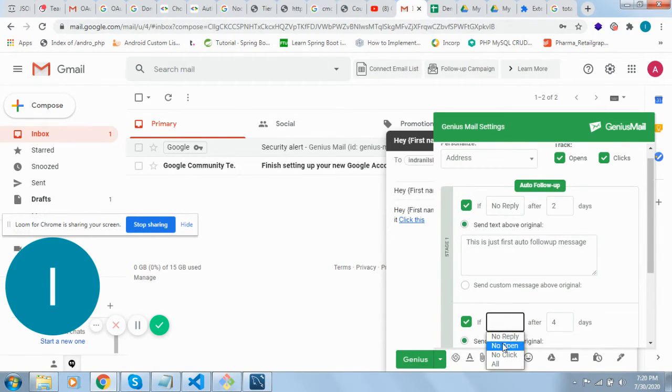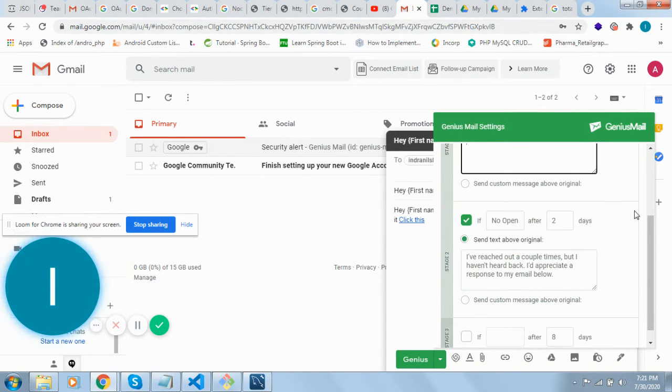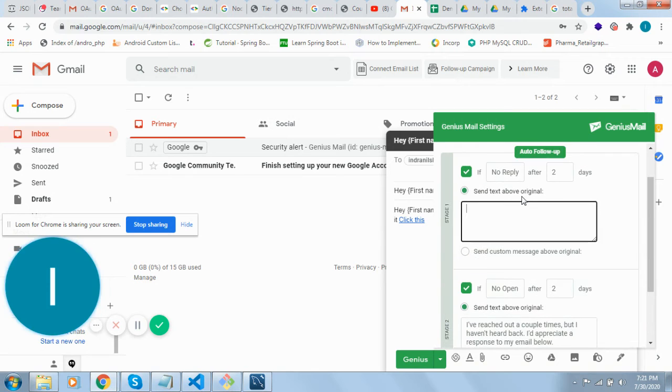Another setting is this auto follow up. We can send any message from here, whatever message you want to send for that auto follow up, you can set it here. And there is an option like send custom message above original. If you are doing this for the first time, you will not get anything.